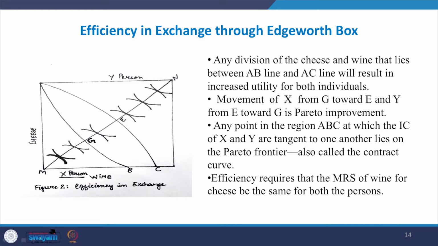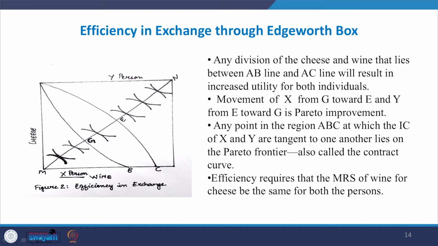Person X's utility is read from the origin below, and Y's from the origin above, and here we draw AB, that is the indifference curve for person X. Similarly, from the upper side you can draw the indifference curve AC for person Y, and both curves